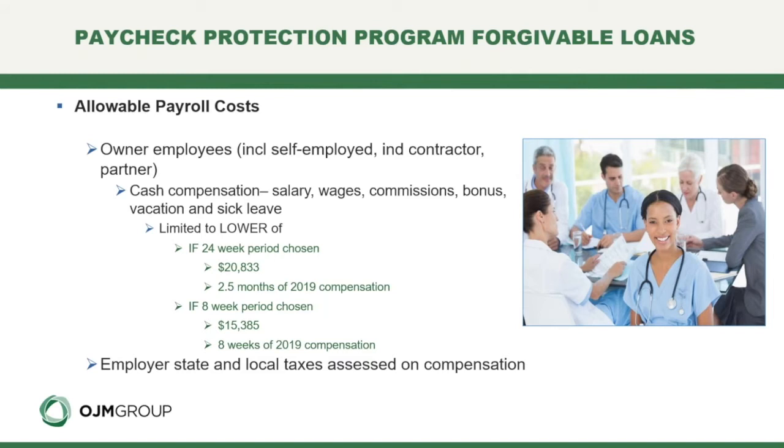$20,833, and that's 2.5 months of compensation at $100,000 annually, or 2.5 months of your 2019 compensation that owner received. So if in 2019 your Schedule C net income was less than $100,000, your W-2 wages from your business was less than $100,000, your partnership income on your K-1 was less than $100,000, you're going to be limited to a prorated amount which equals 2.5 months of that 2019 compensation. If your income in 2019 was greater than $100,000 and you choose the 24-week period, your maximum compensation will be $20,833. So keep in mind that's opposed to